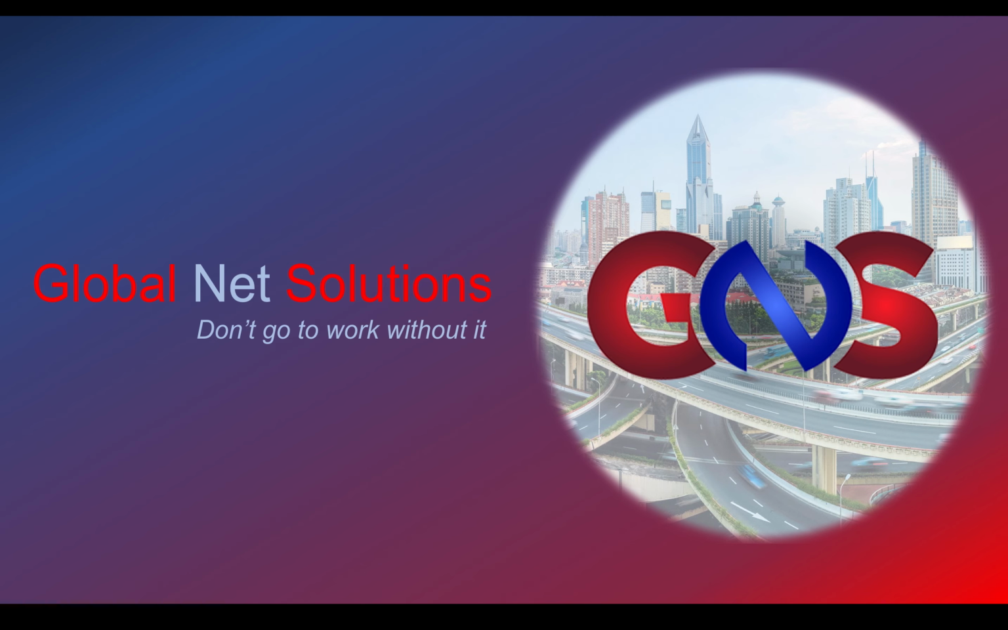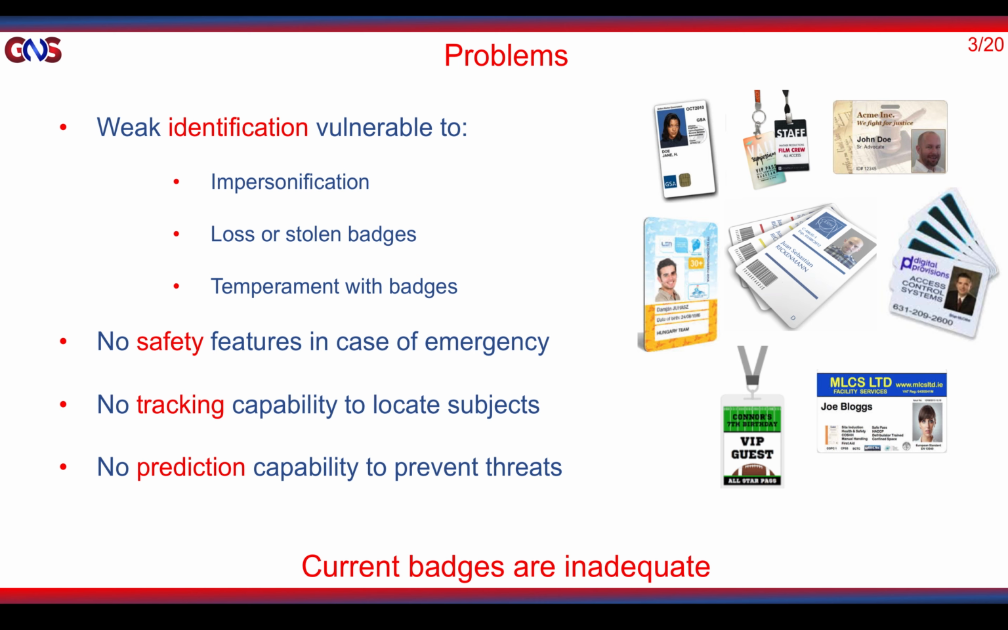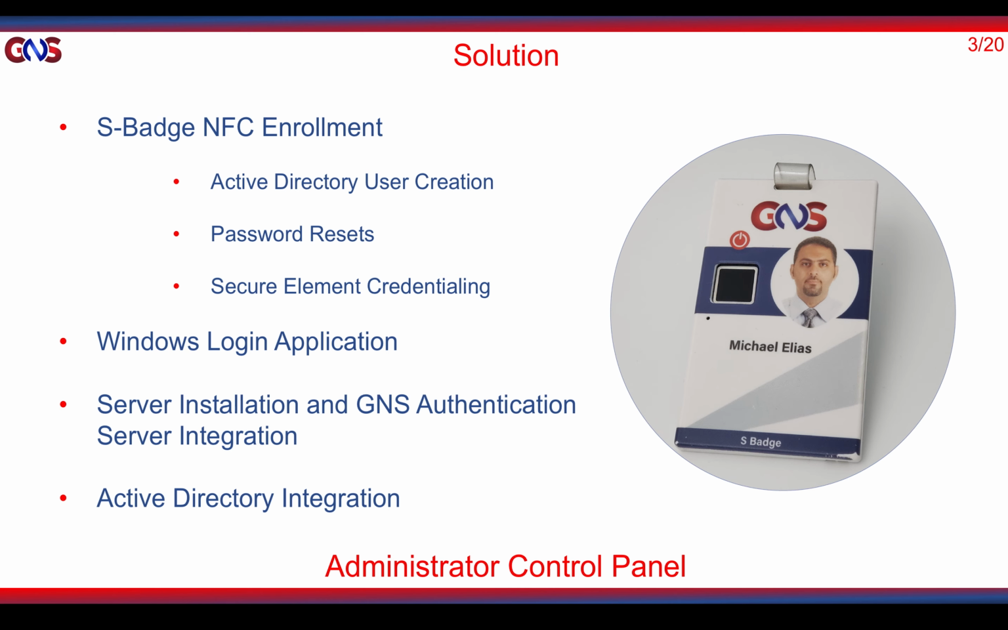Today we have a problem that we're trying to solve with normal badges, what we call dummy badges, which have weak identification and are vulnerable to many things, such as impersonation, lost and stolen badges, and tampering with badges. We have no safety features, no tracking, and no predictions. We are going to show how we can use the S badge to solve these problems and close